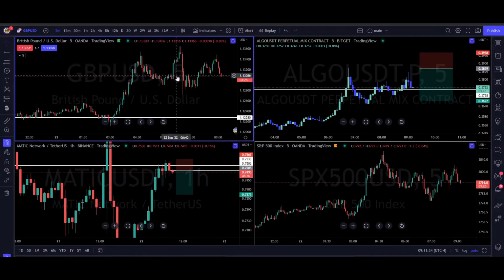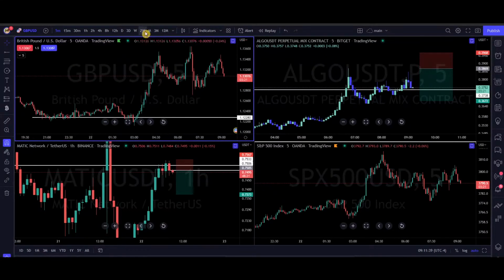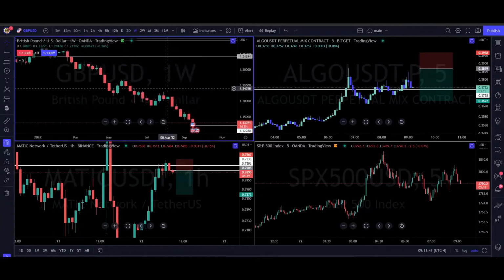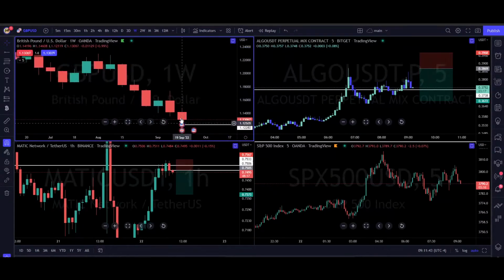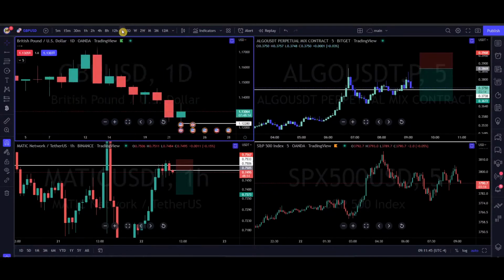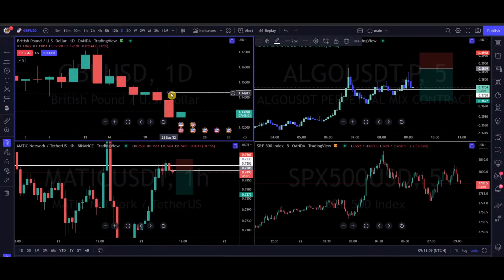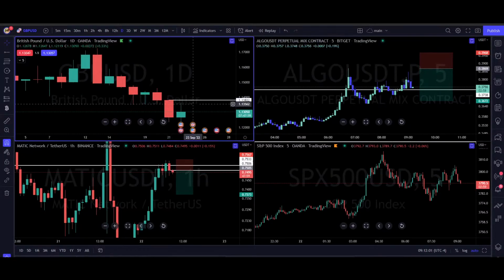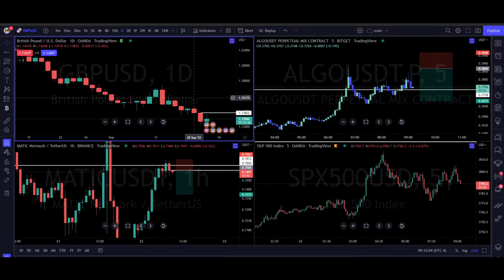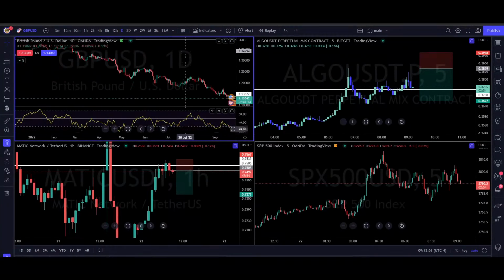And it is stalling out as well. So I don't know if I would look to be a buyer. I mean, you're bearish, right? You're bearish on the week. You're barely bullish on the day. The last 3 days, order flow is bearish. This would have been a selling opportunity. I wouldn't have taken it there. I would have needed it to get there. Then I could have looked to take a short on it. But the trend is very extended.